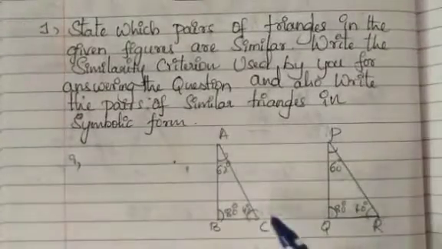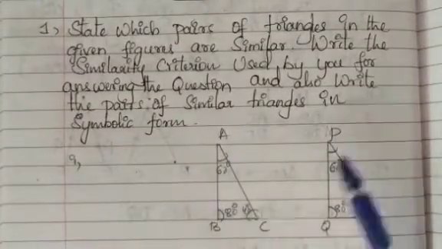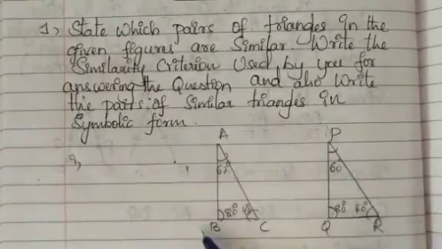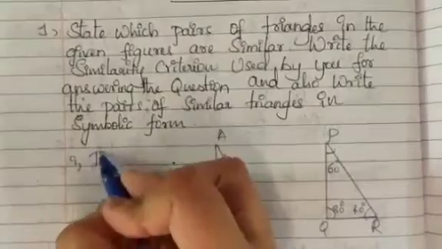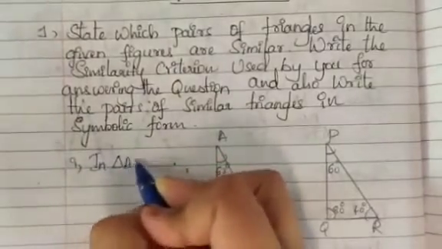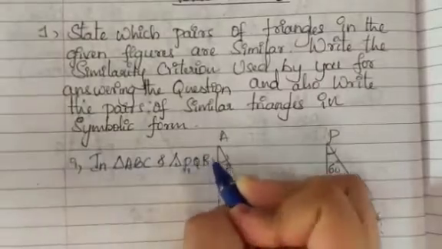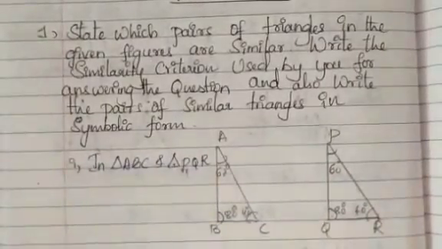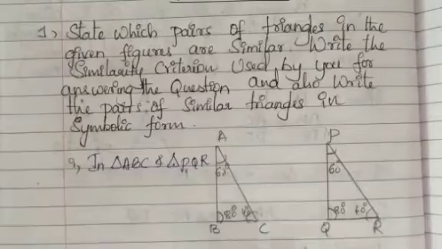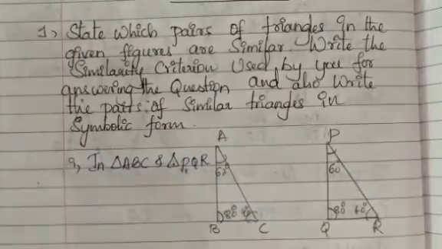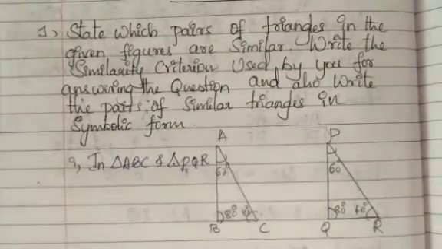So the first question here is, this is one triangle and this is another triangle, ABC as well as PQR. So let me consider, for the first one, triangle ABC and triangle PQR. So two triangles I have considered here. Since you have known that in these cases, if the angles of the triangles are equal, then you can say by AAA criteria, these two triangles are similar to each other.